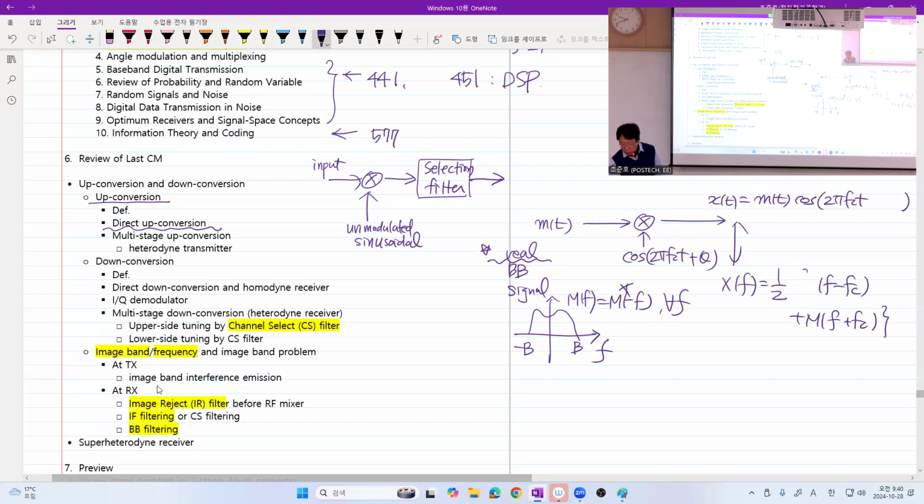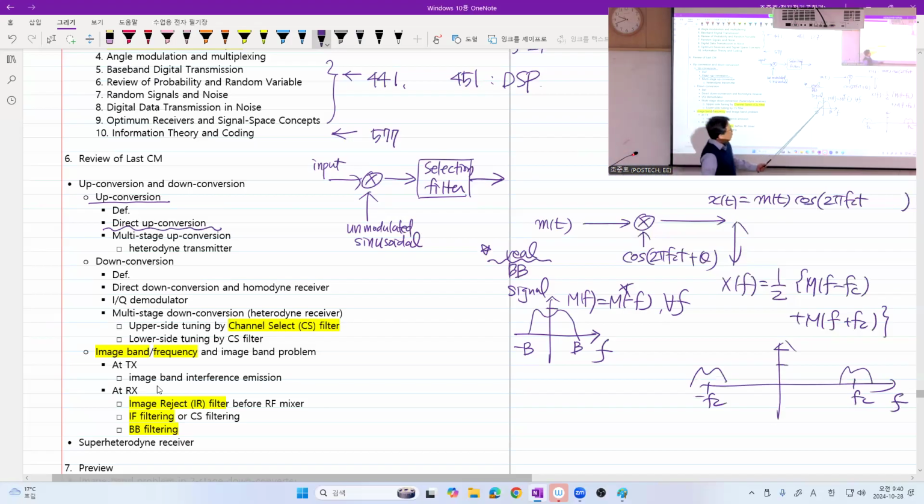So if you visualize in the frequency domain, what do you have? You have up converted to a higher frequency. Of course, you may say, wait a minute, it has frequency negative fc, so can it be said a